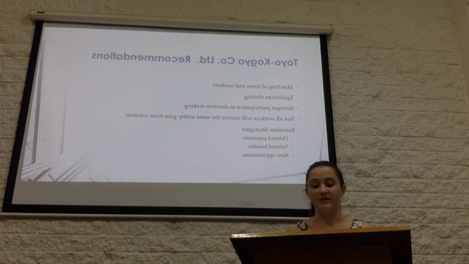As Toyo Kaigo is world-renowned for its adoption and successful implementation of job rotation, recommendations about their existing policy are hard to come by. However, a few can be made. These include ensuring the matching of firms and their workers such that they enjoy mutual benefits from the practice. This is because not all workers will receive the same utility gain from the rotation as others. Also, to offer more attributes along with job rotation, including egalitarian sharing and stronger participation in decision-making regarding the firm